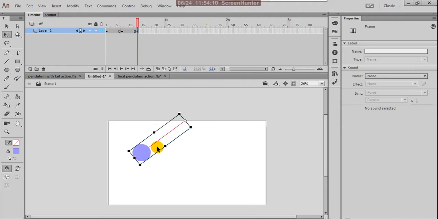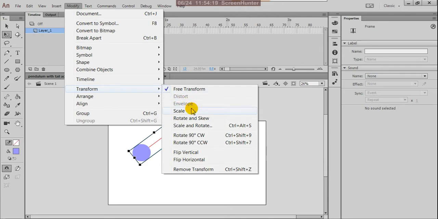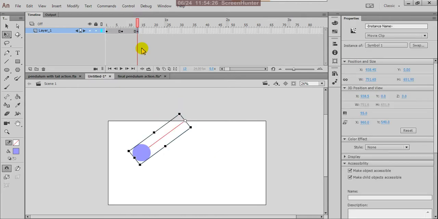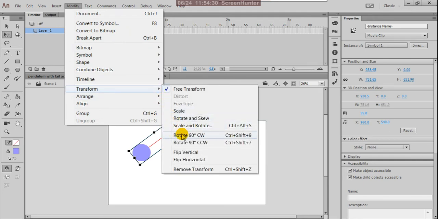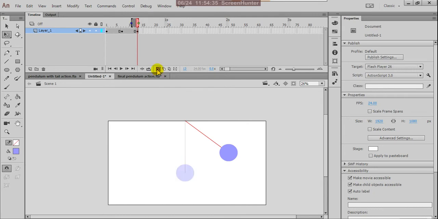Okay, I pasted this, but I want this side. So then what I'll do, from Modify, okay, from Transform, flip vertical, no, Control Z. So I think it can be horizontal. You can try this. Yes, this side. Now we can turn on the onion skin so that you will see that. Yes, see, this is pose 1 and this is pose 2.